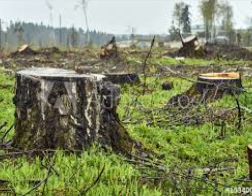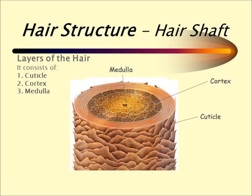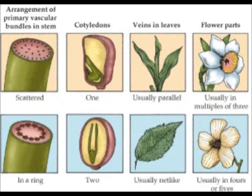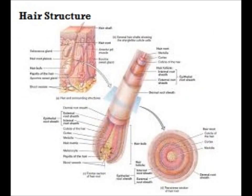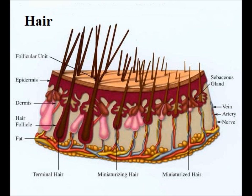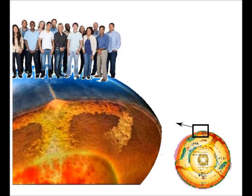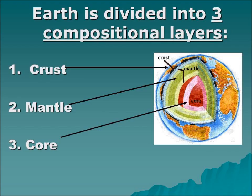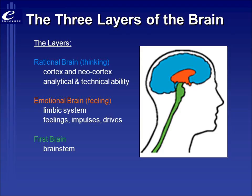With us also considering that the human race appears to be playing the role as the equivalent of parasitic and toxic bacteria that are destroying the natural environment that sustains us. With all life on Earth being specifically organized around the Earth, or Gaia if you like, exactly like hair and bacteria on the skin around a brain. With you not forgetting that there are 3 layers of the human brain, just like there are 3 layers of the Earth. What is significant here, as I wrap up this video,